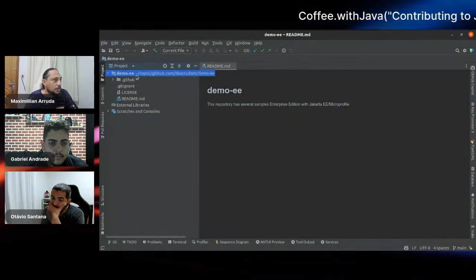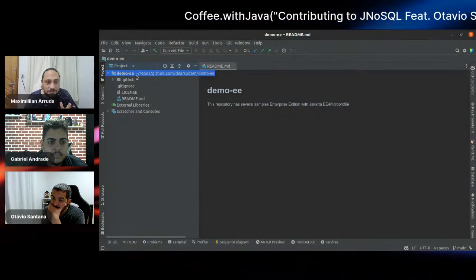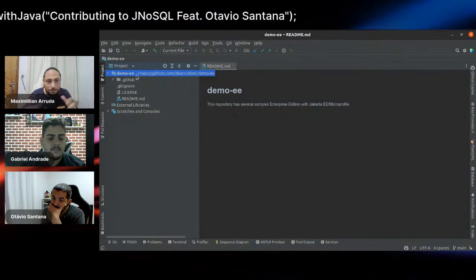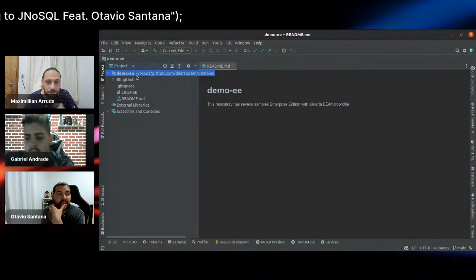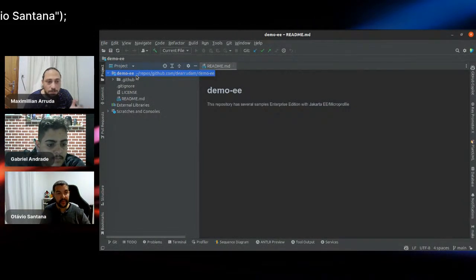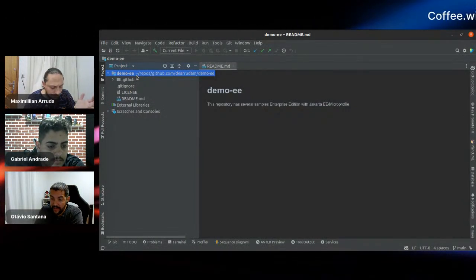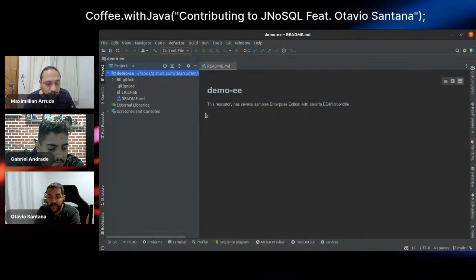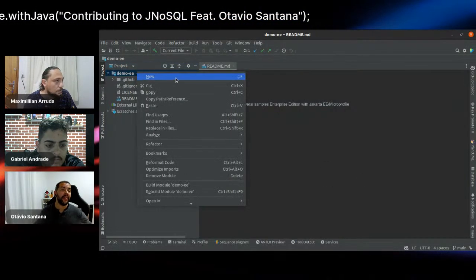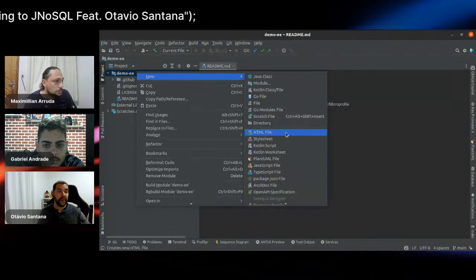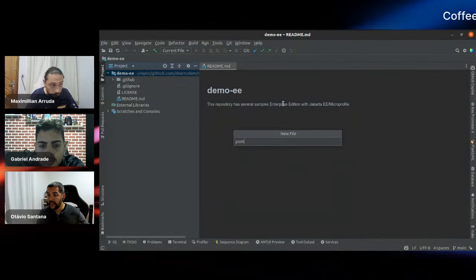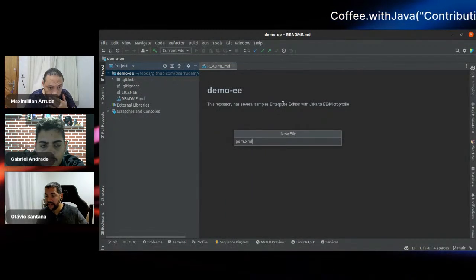I think that we could do this from scratch: just create the pom.xml in the repository and put the structure there. I think it's the easiest way, at least for now. Yes, you can create a POM XML, and you have two options. One is to go to the MicroProfile Starter.